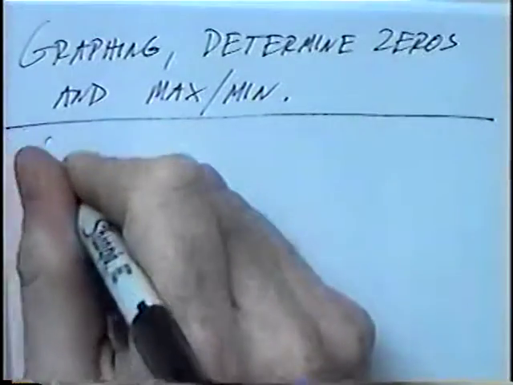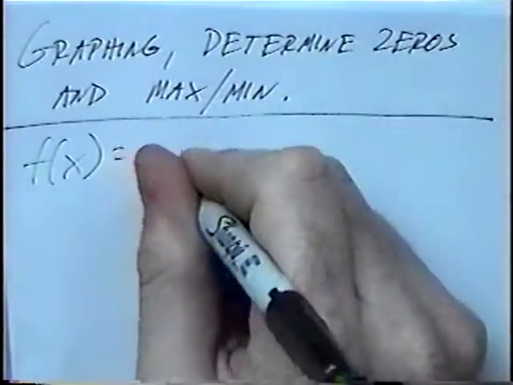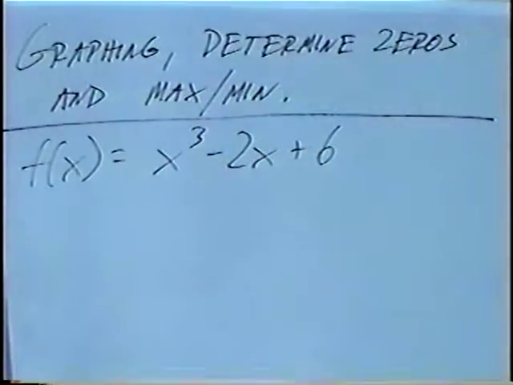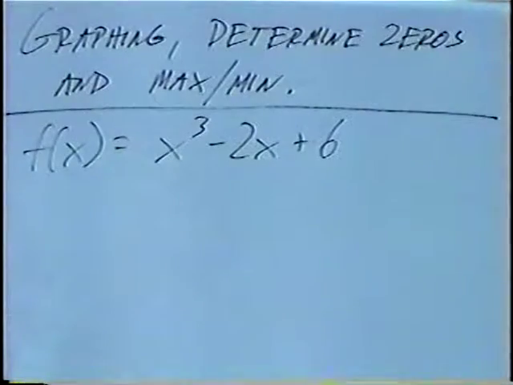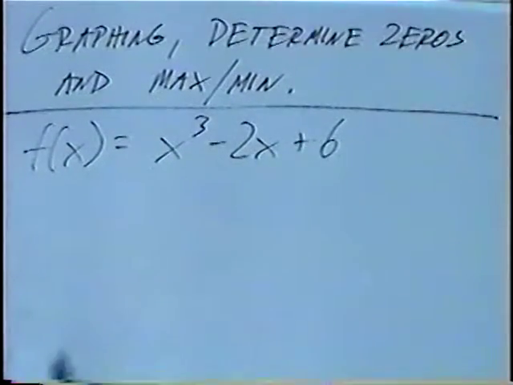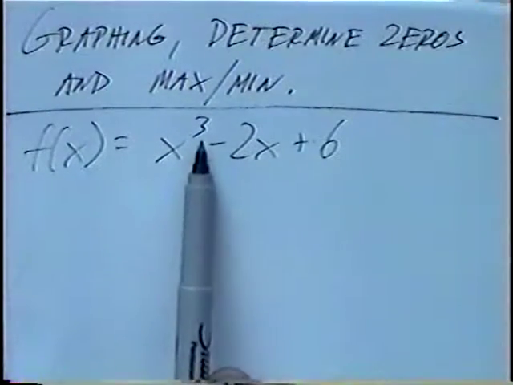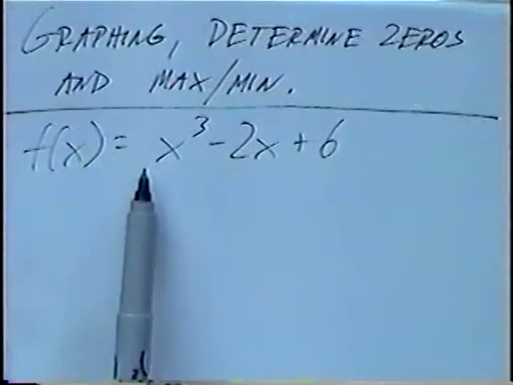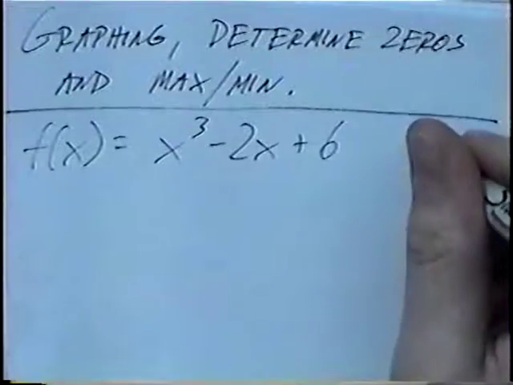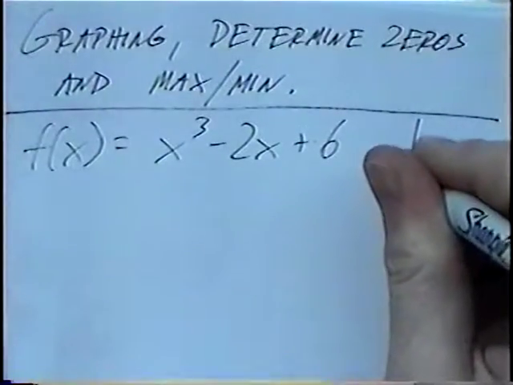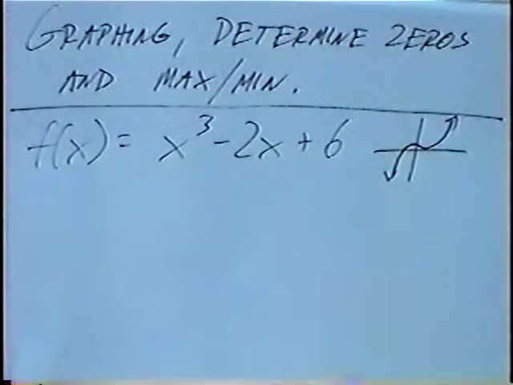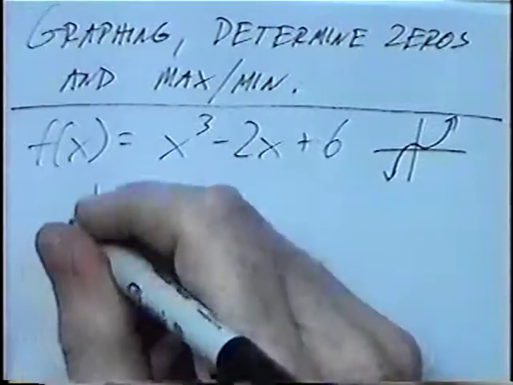First function we'll look at, f of x equals x cubed minus 2x plus 6. Looking at this function, we can decide the shape of the graph based on the previous section. This is an odd graph. X cubed would be an odd graph, and the coefficient in front is positive, so we'll have odd and positive. So looking back at the tables we just did, this graph will start at the bottom left and curve up to the top right. To get the precise graph, we can make a t-table,